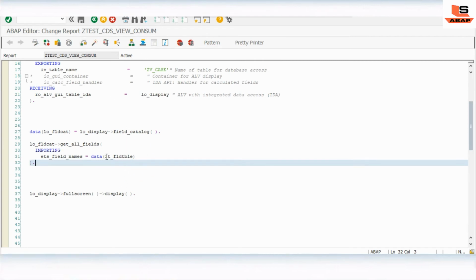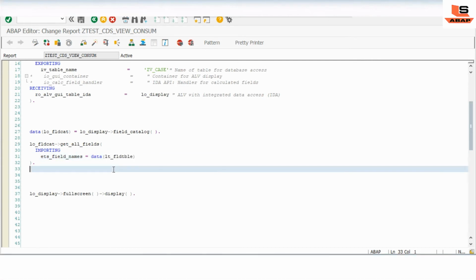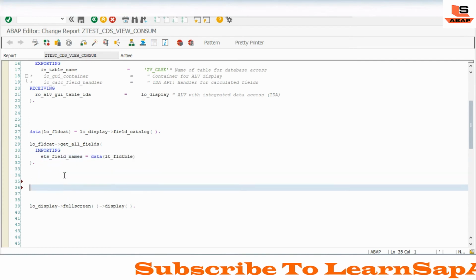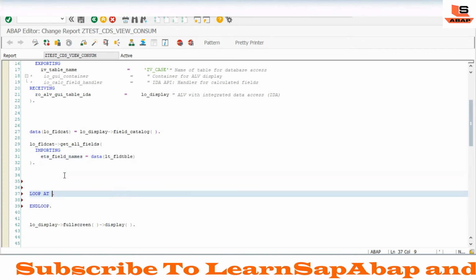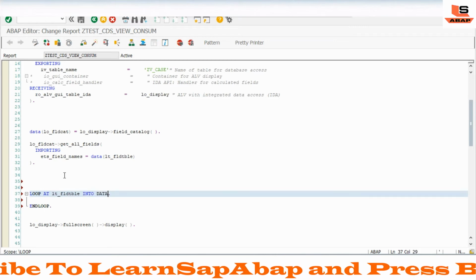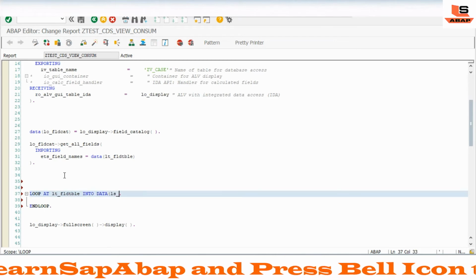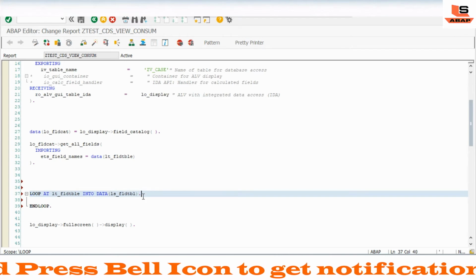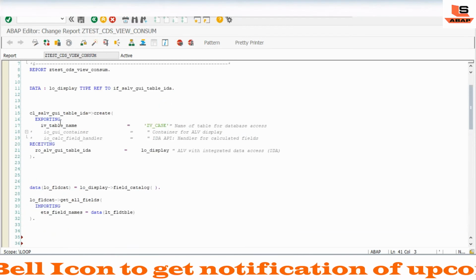As we know the fields, we will have to append this to the field catalog. So I will write one loop statement here: loop at the field table into a data work area. Now we have this field catalog.